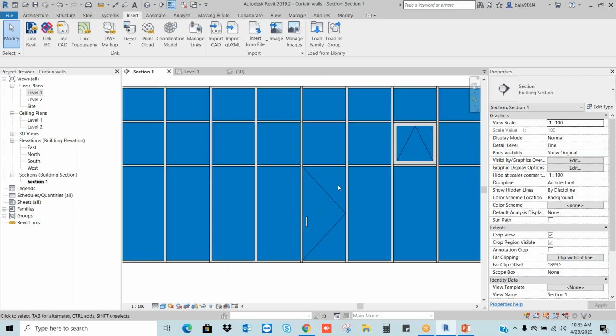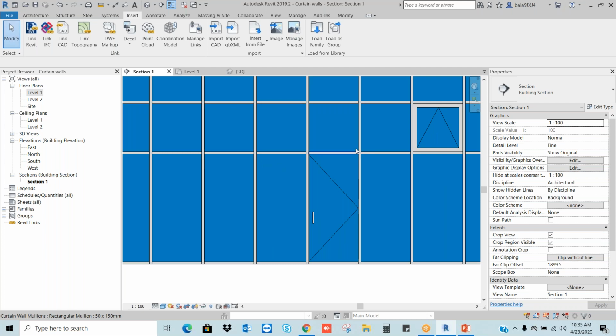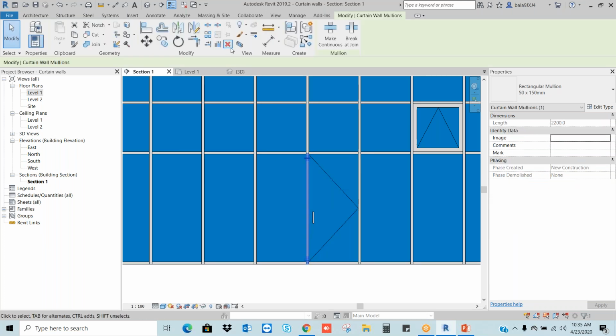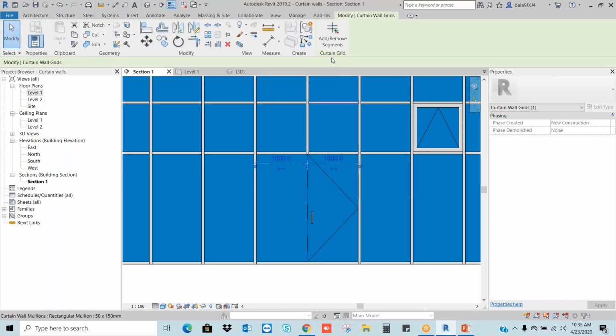For example, I want to make my door size double. To change my door size, I will remove this panel. Select it and delete. Again, I need to remove this grid also. Select the grid. When you select the grid, I am getting Add or Remove Segment here.